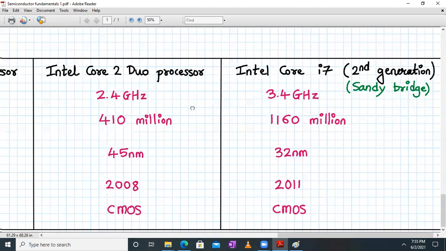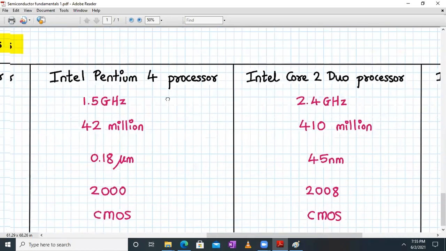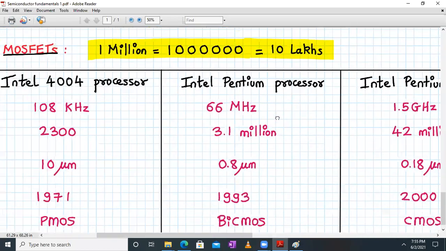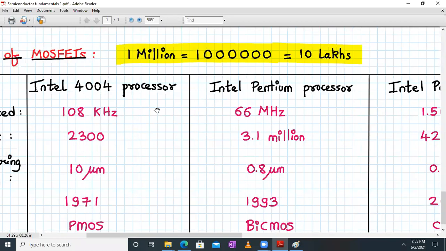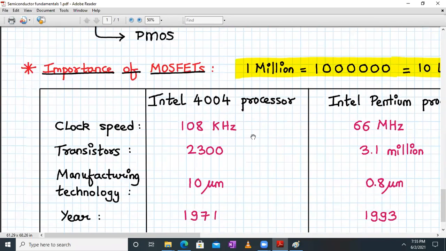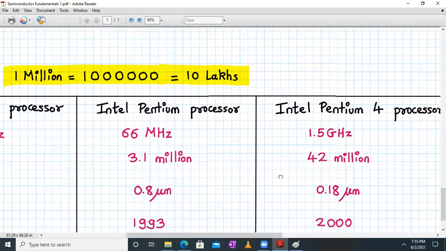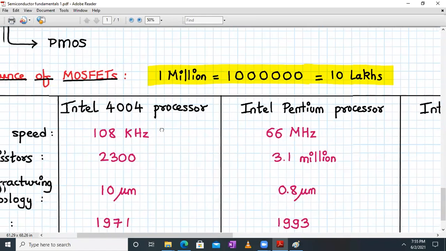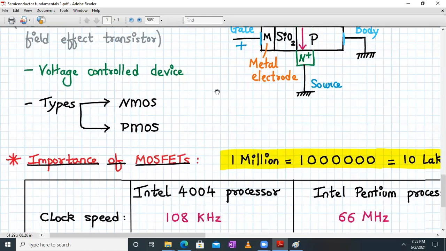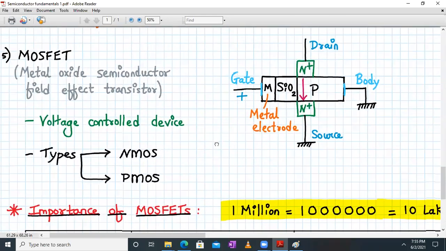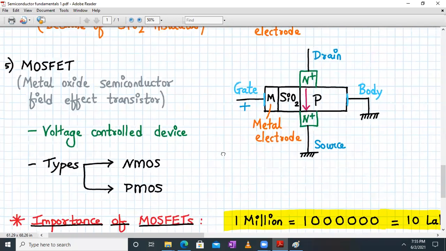So the point of showing you all this is, see the number of transistors; they are very, very small. With the advent of integrated circuit technology, IC technology, it was possible to fit so many transistors in a very, very small space. The computing power in your computers and your mobile devices is all made up of MOSFETs.